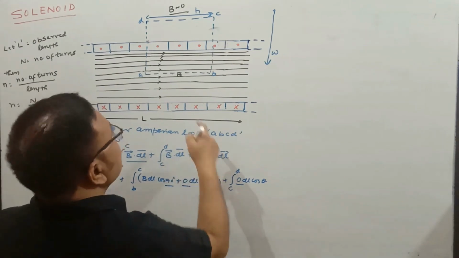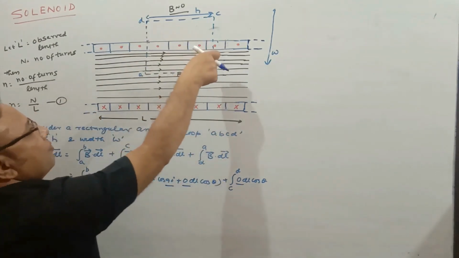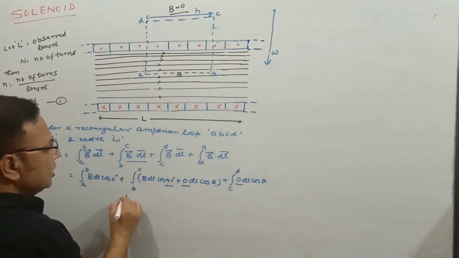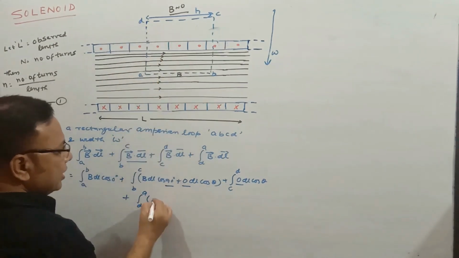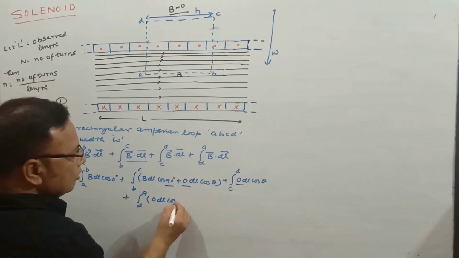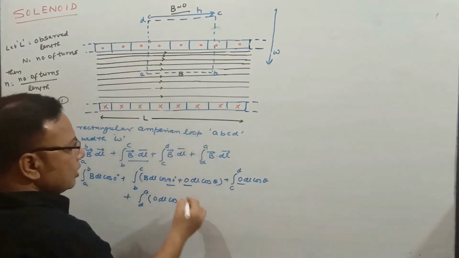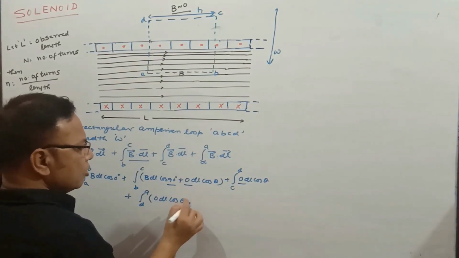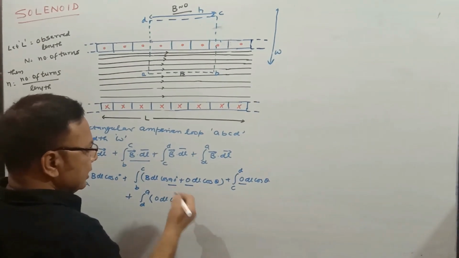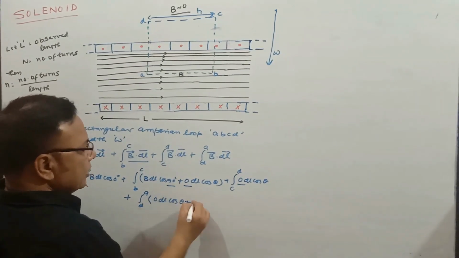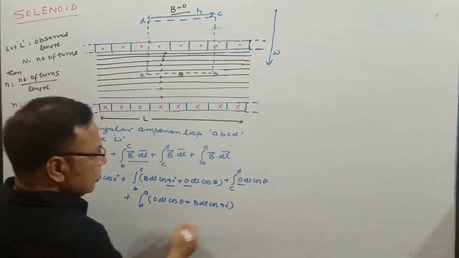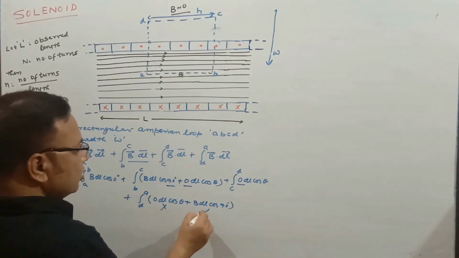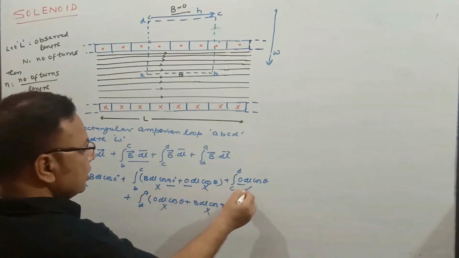Lastly, we are left with D to A. D to A is the same as that from B to C. So we can write here D to A. There are two parts. Outside, we are taking the magnetic field 0, so 0 into dl into cos theta, and inside, these two are making 90 degrees, either cos minus 90 or cos plus 90, that remains the same. So that is equal to B into dl into cos of 90 degrees. So from here, this term is 0, this term is 0, this term is 0, and this is also 0.